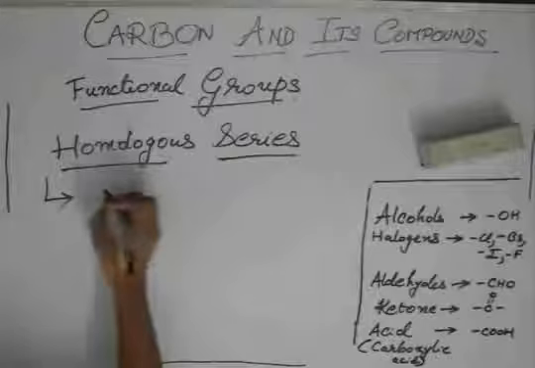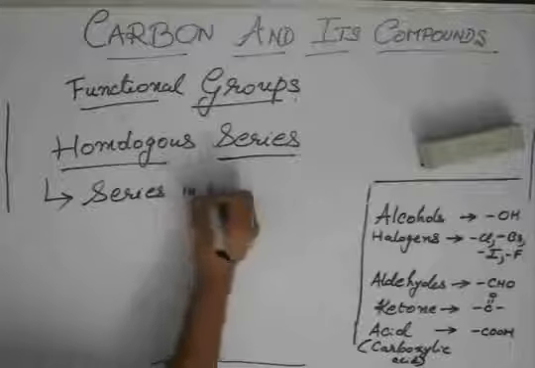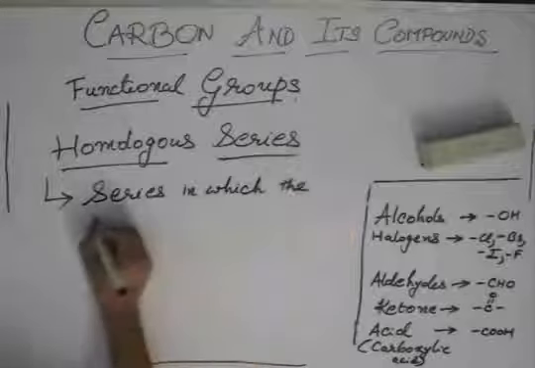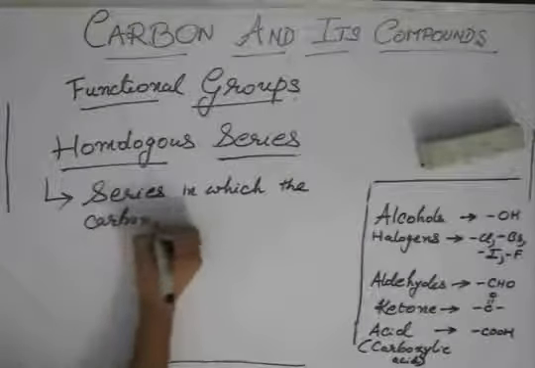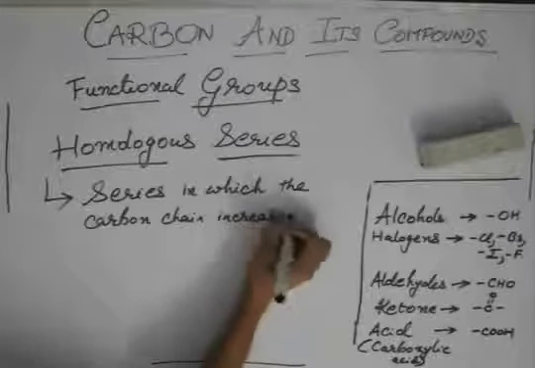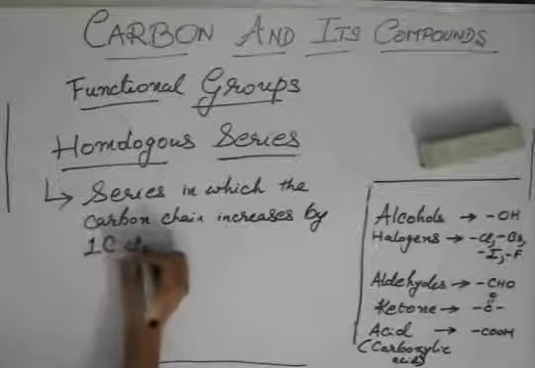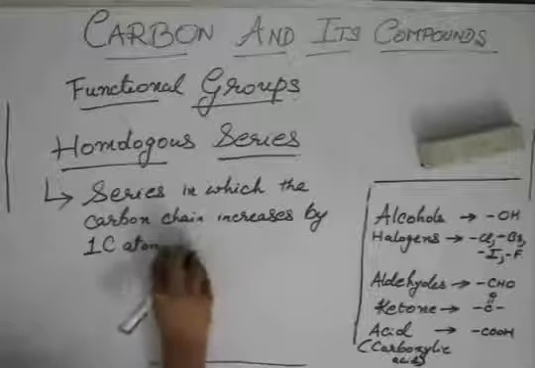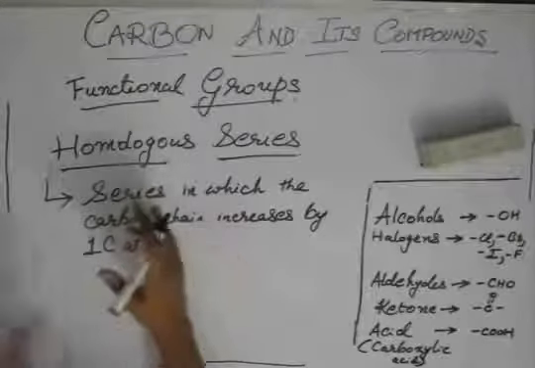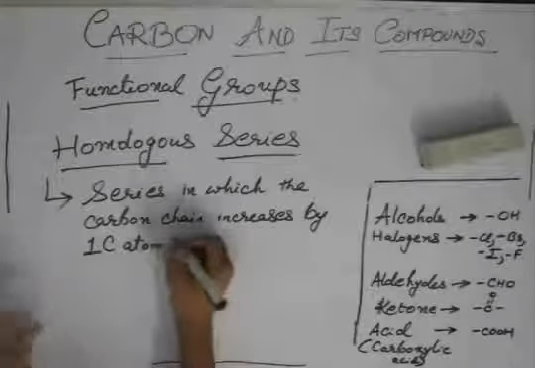A homologous series, it is a series in which the carbon chain increases by one carbon atom. And this series, it's a series of compounds in which the carbon chain increases by one carbon atom, or the whole chain